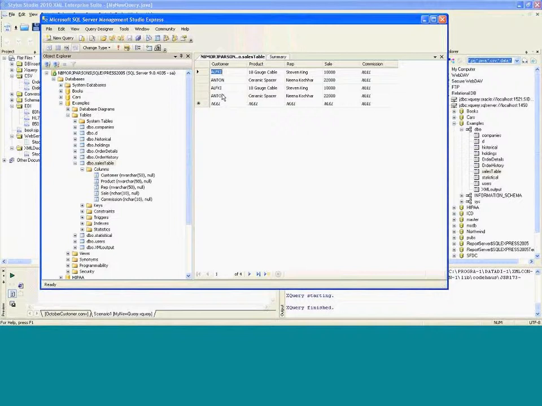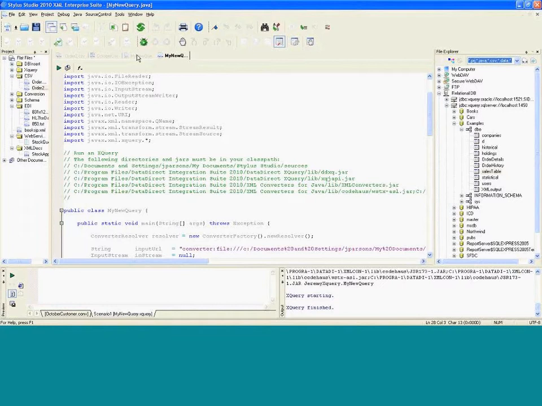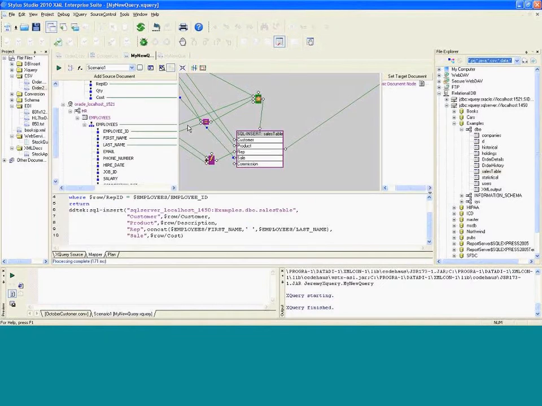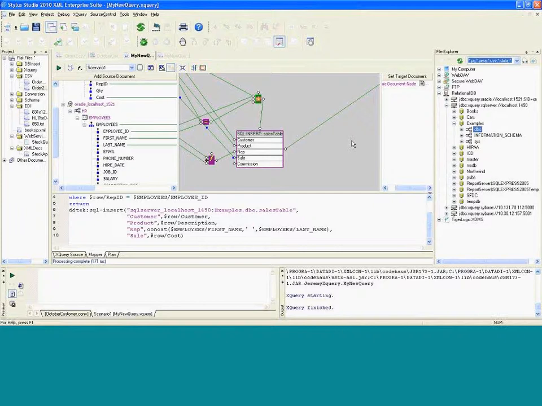So now you have a simple flow to take in your data, using XQuery to consume two disparate sources, translate it into any type of format, and then map it to your desired output, which could be a SQL Server, it could be an Oracle table, and it could be other formats as well. Maybe you want it serialized to EDI. Maybe you want to serialize it to a text file. Stylus Studio will enable you to do all of these functionalities and then some.